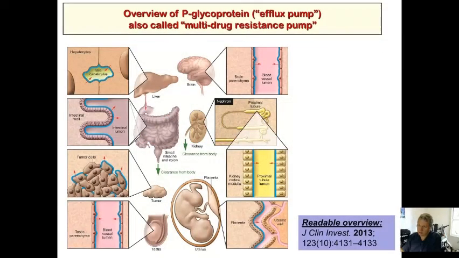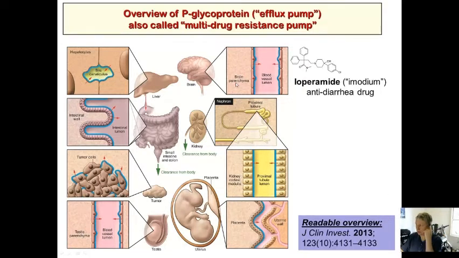Okay, so we saw this already. PGP was the multi-drug resistance pump, and it was in the last lecture. It was a mechanism where a transporter protein kicks out small molecule drugs from different tissues. And it was kind of how loperamide, the anti-diarrhea drug, which is a mu-opioid